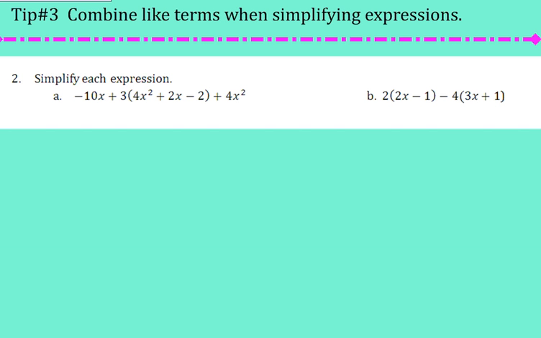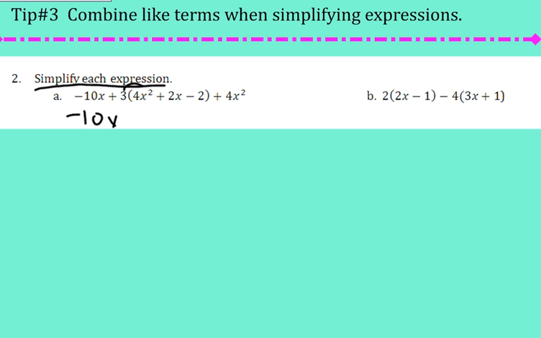So, simplifying each expression. Notice here, none of these have got equal signs, so there's no equation. So there's only expressions, and you got to simplify. So now, how do I simplify? I got to start putting together common terms, and here's how that works. Common terms means same variable to the same exponent. So now, once I get this down